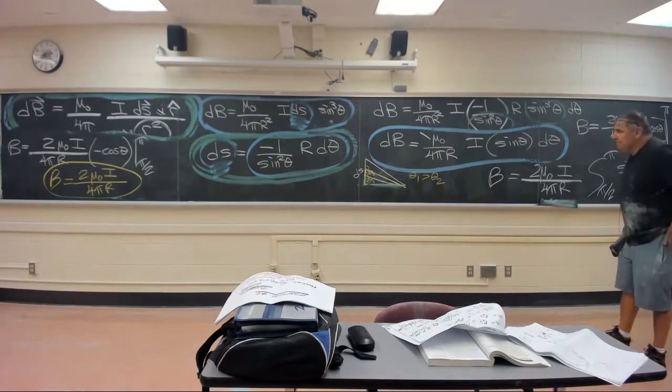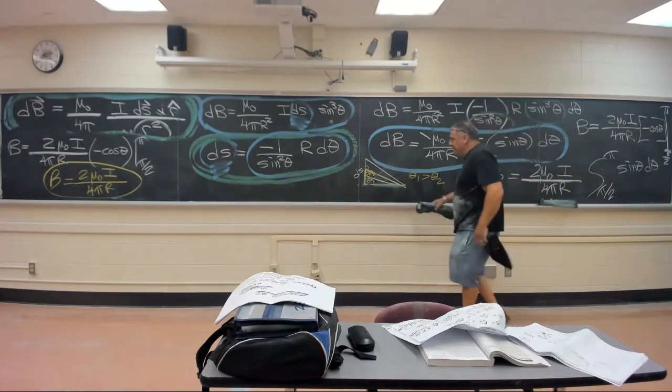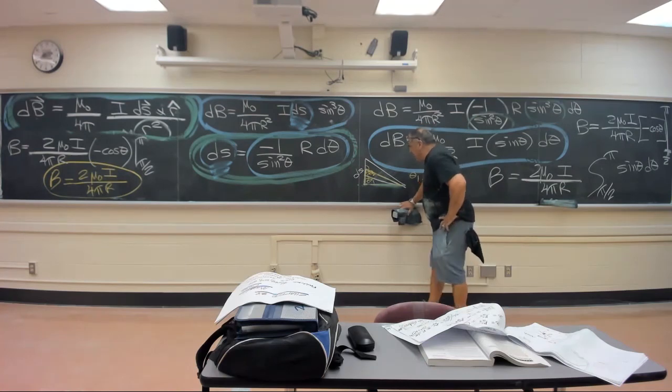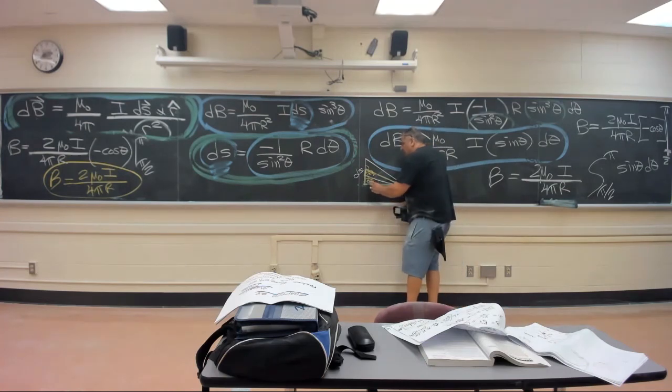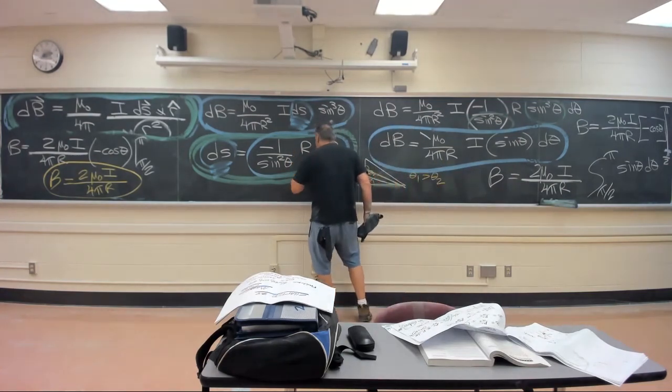But see, the thetas were big. The thetas were small, going to something bigger. But here, they're big going to something smaller, so you got to go a negative delta theta, a negative d